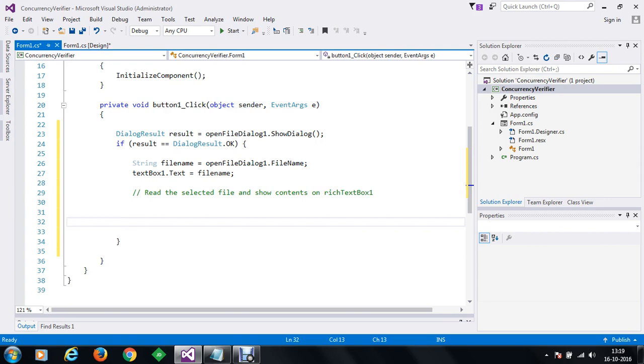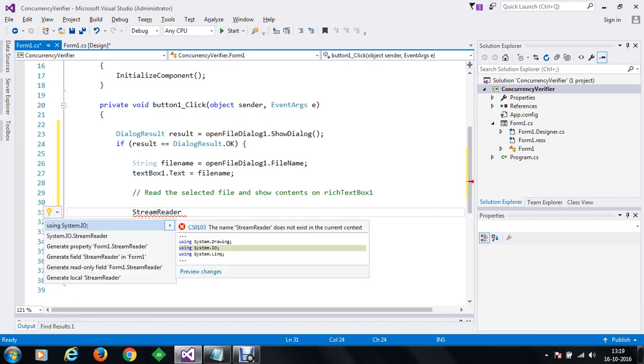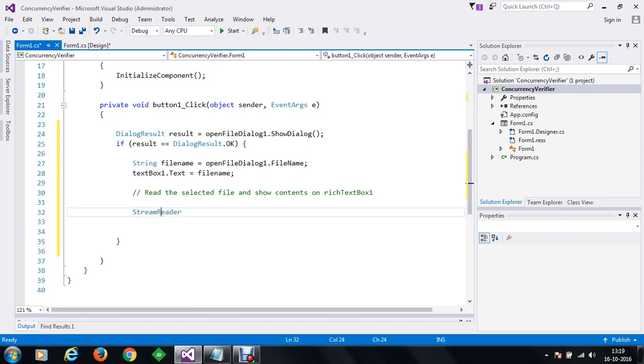To do this, we are going to make use of a class known as StreamReader. Since StreamReader is not imported in our project at the moment, we can simply use Shift Alt F10 to get the suggestions. You can use Shift plus Alt plus F10, and select using System.IO, which will automatically import the StreamReader class within our project.